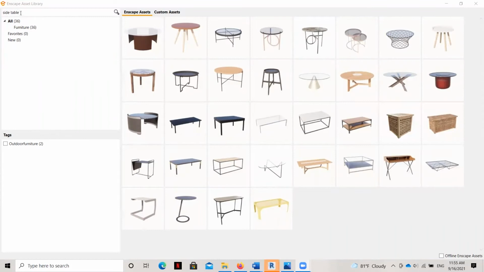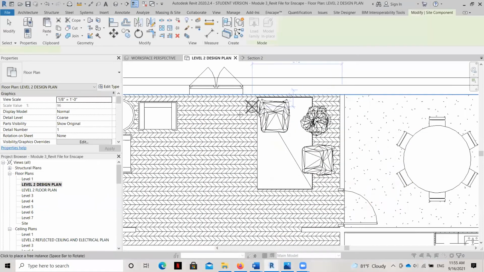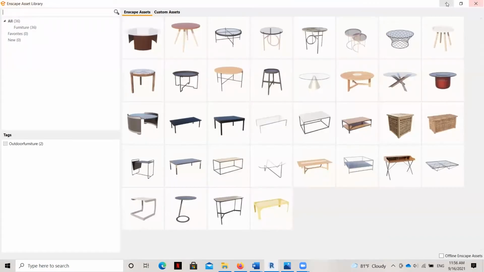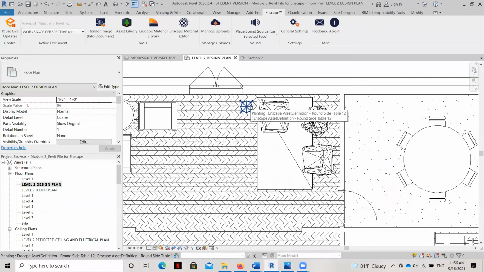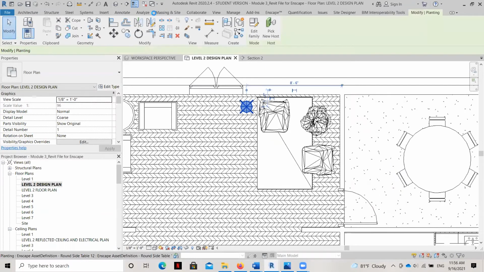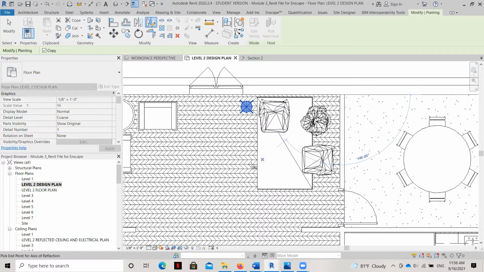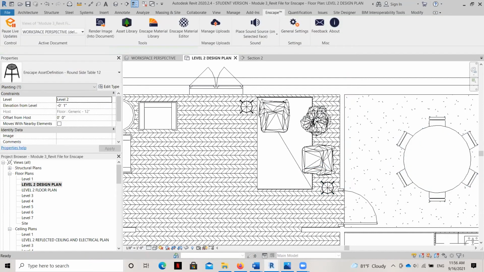You can see here when I refine my search terms to side table, I got some smaller ones and I like this one now. I'm going to go ahead and place that on the work plane and we'll put it right over here. And then same thing, I want to mirror that as well. So we will mirror that by drawing our line once again, and I'm letting it snap so that it's 135. We'll get that over there.